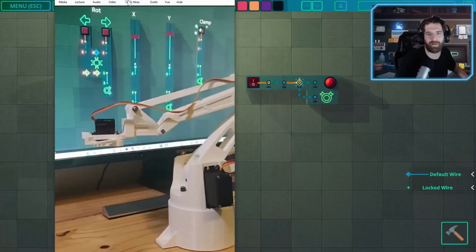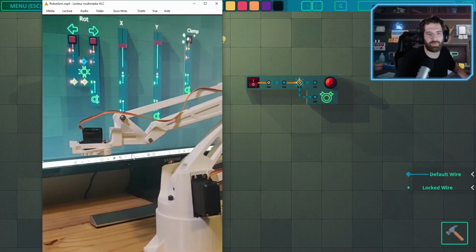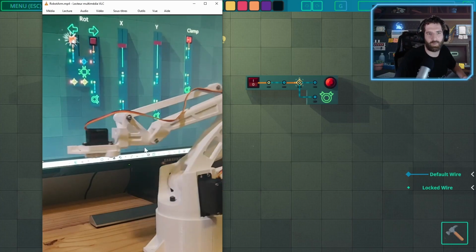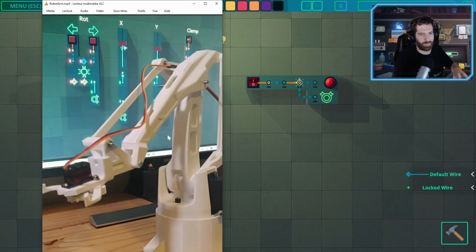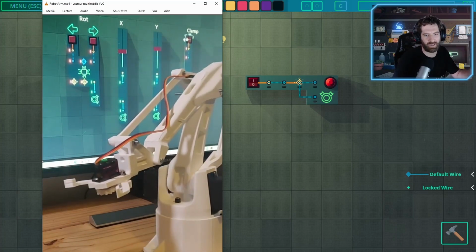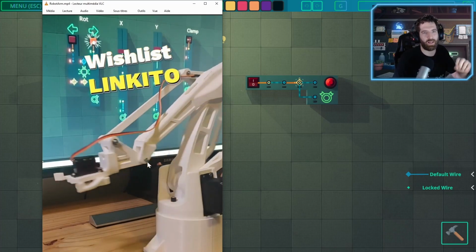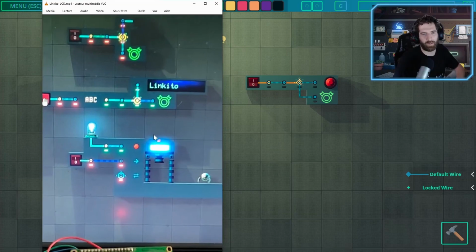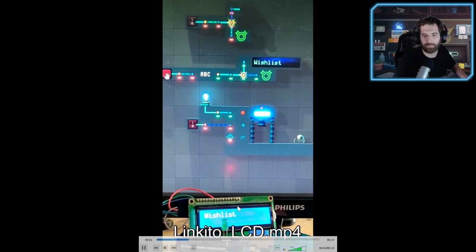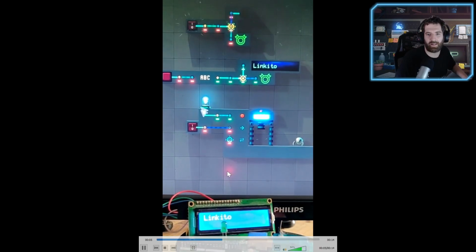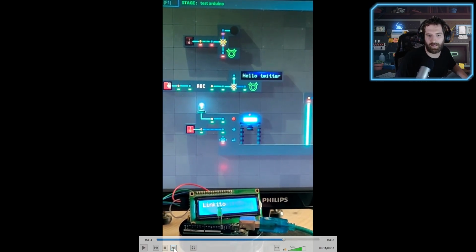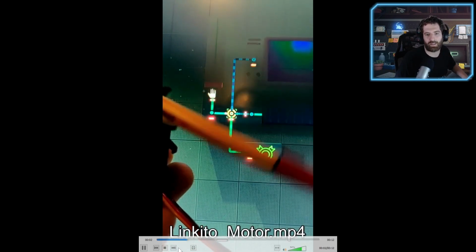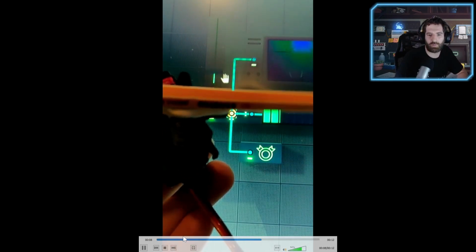For example, I'm some kind of geek, okay? I created a 3D printed robot arm, and as you can see, it's controlled by the game. So I tried to create some puzzle, but in real life, where you have to grab an object with a robot arm and send it elsewhere. I created some kind of LCD display and LED that is connected to the game. When the robot triggers this, it will light up the LED. It's just a motor controlled by the game.